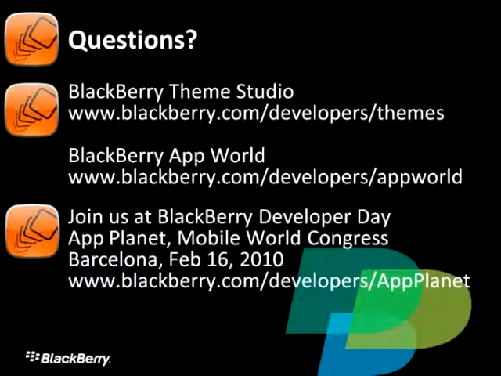Pushing themes, does it automatically delete, or do you need to delete the theme? So when you push a theme to your device, it actually keeps the theme on there. So you can go into your theme options screen and navigate to whichever one you want. There's a new option in 5.0, which is called Manage Themes under File. You can bring that up, and you can select which files you no longer want and delete them. So you don't have to go into your device and delete them one at a time. You go into the Manage Themes option in Theme Builder and select all the themes you don't want on there